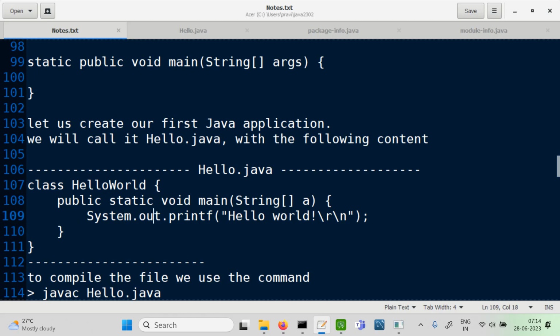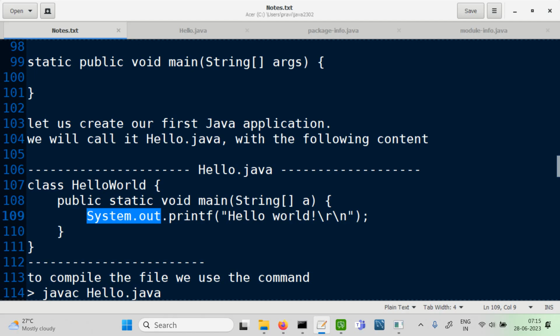Oh, we used to have printf in C language, right? So we said, okay, printf, but it's an object oriented language, so we have to use this on an object. So the object on which we need to call printf is the standard output. Okay, System.out represents the standard output for our system. Fine. So if you want to show some output on the screen, the default standard output is the screen,